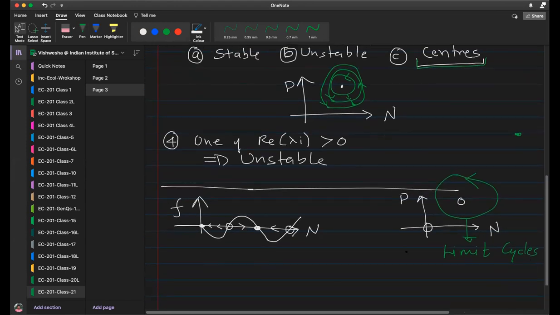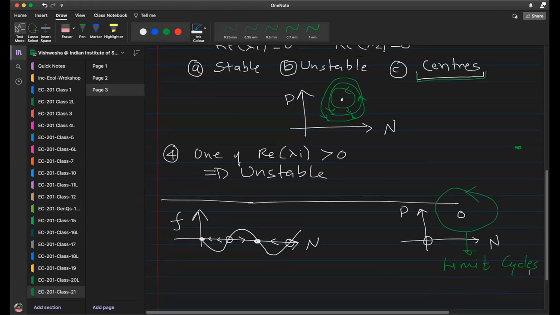Okay, so that's another interesting possibility that can happen in two species systems. They're called limit cycles. Identifying them is slightly more difficult. For example, eigenvalue analysis of both of the equilibria doesn't tell you about limit cycles directly. So you have to work a bit harder, and that requires more analysis, which I will not be covering in this class. Okay, so these are the possibilities that can happen in two species systems.